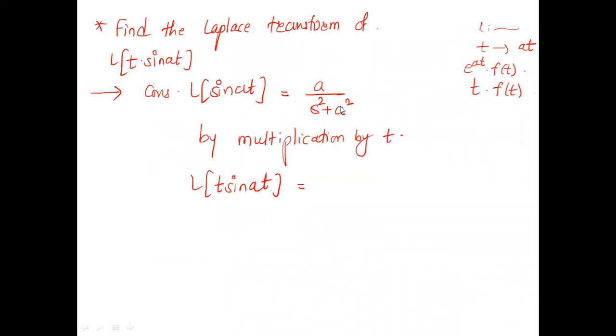So whatever this answer is, you can call it f of s. Now minus 1 into d by ds of this f of s. Have I written it correctly? Instead, if you want, you can write minus 1 or just minus 1. Is this step clear to everyone? Please ask if there is any doubt.